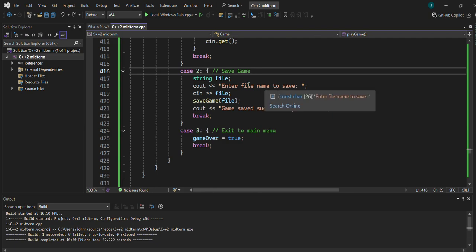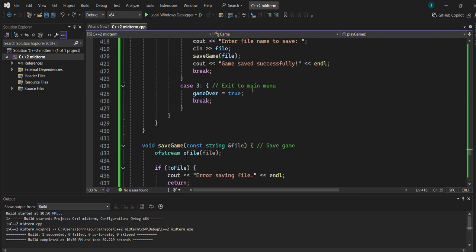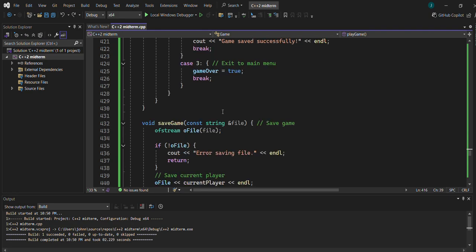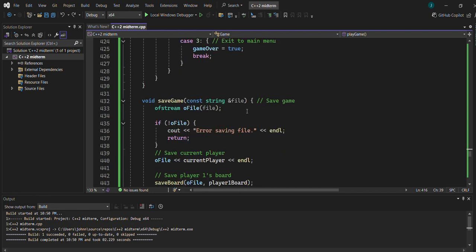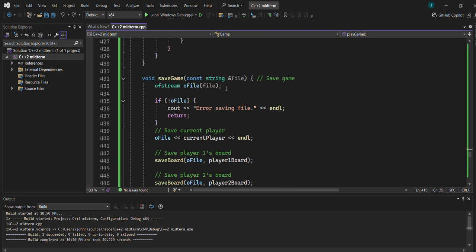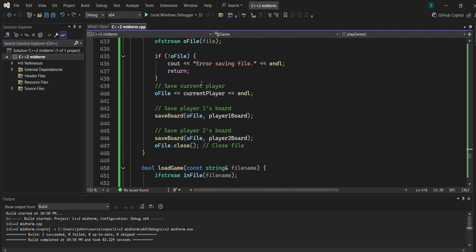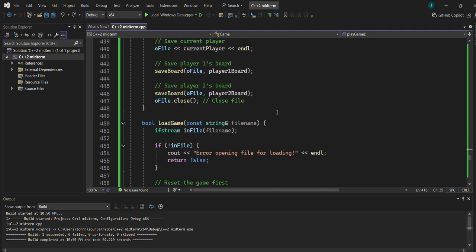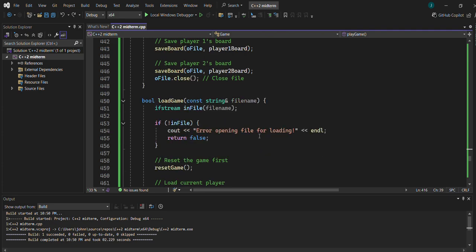I have the user enter the file name to save here, and then I use the save game here for the stream file here, and I see if the file can open properly or not. I use it for an error message. But then I save the current player, player 1's board, player 2's board. I then close the file, and here